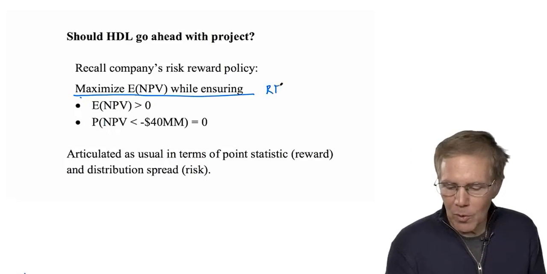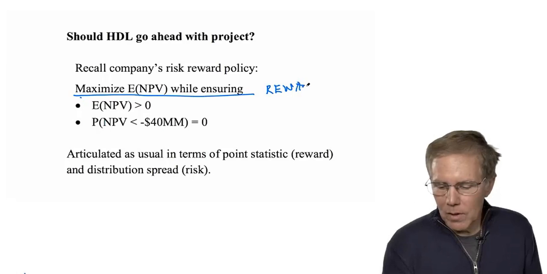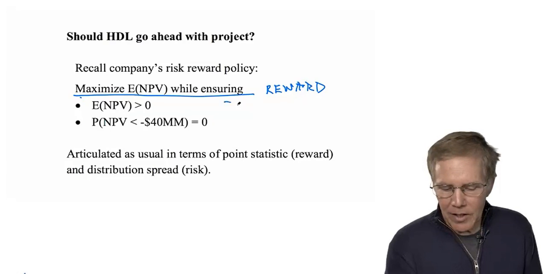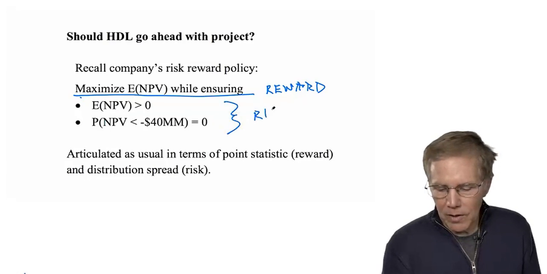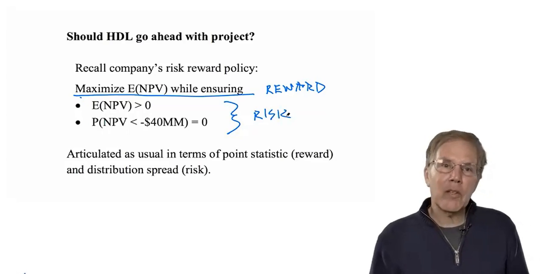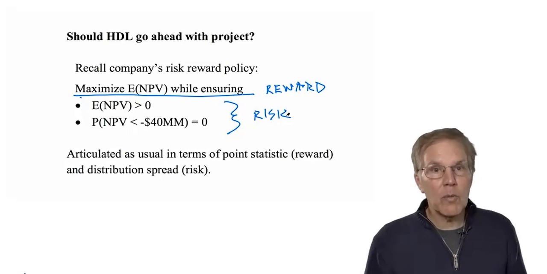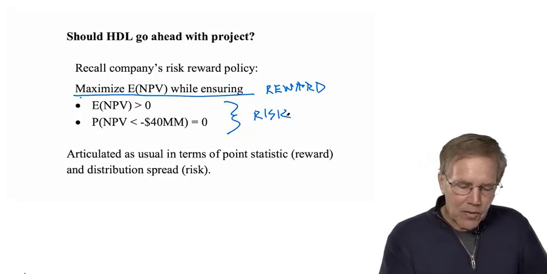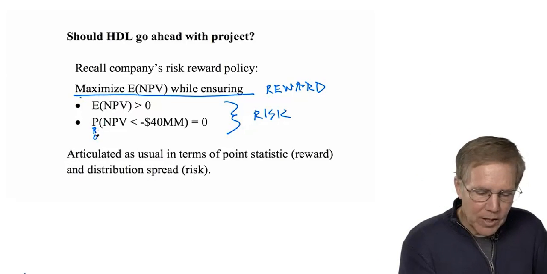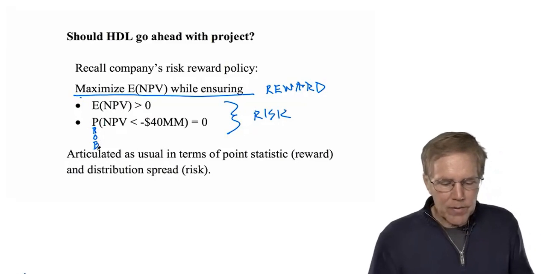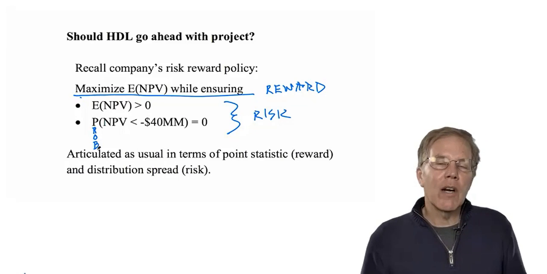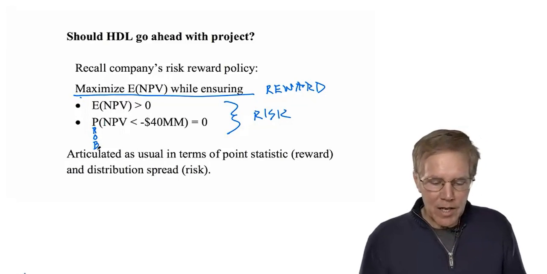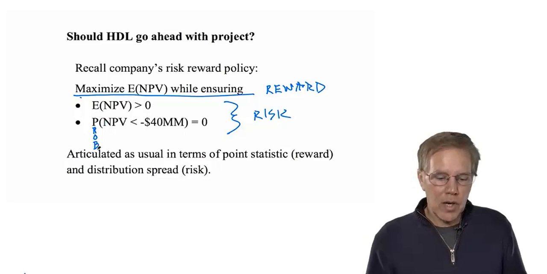Okay, so that's their reward. And here are their two risk criteria. They want to make sure the expected value of the NPV is greater than 0, which it is, okay, 385,000. They also want to make sure that the probability of the NPV being less than minus 40 million is 0,